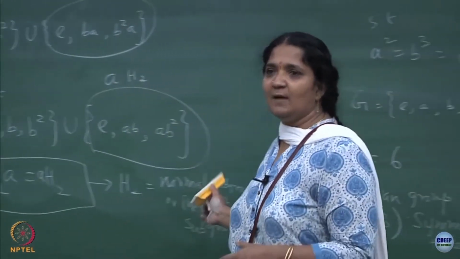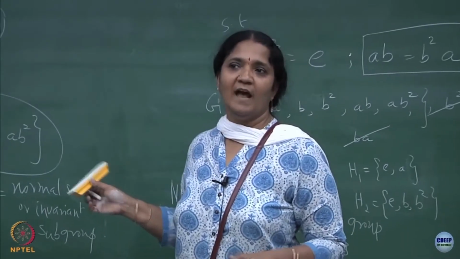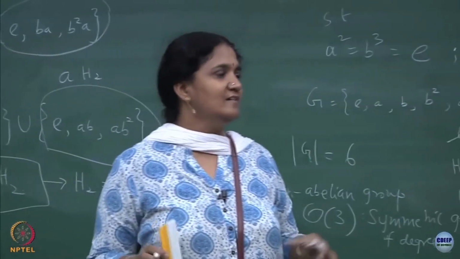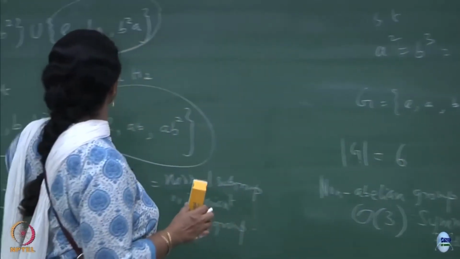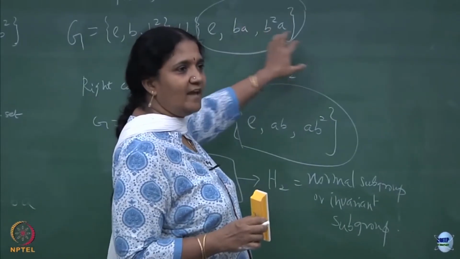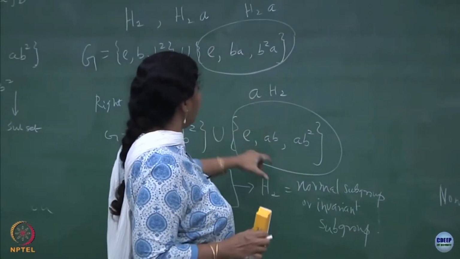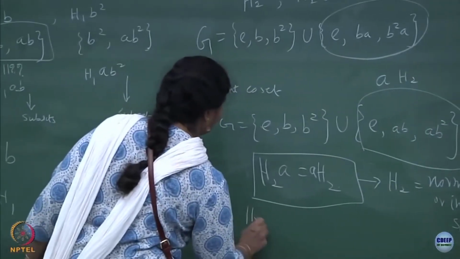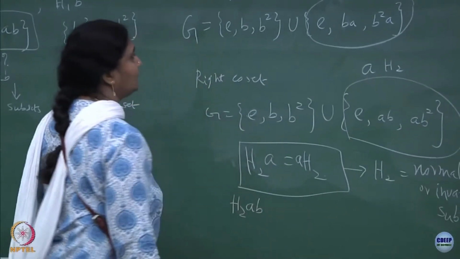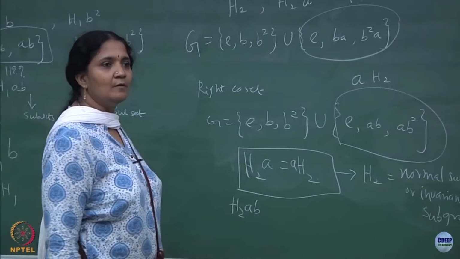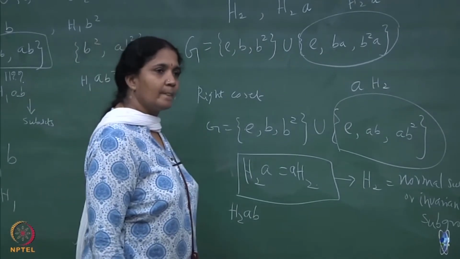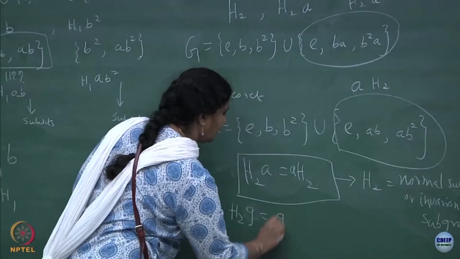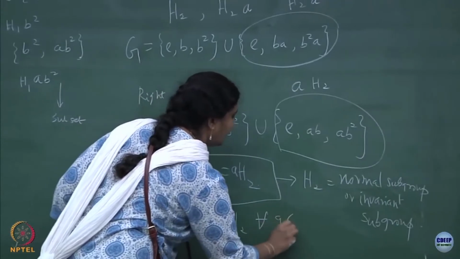And then I took another subgroup. In that subgroup, we do see that the left coset and right coset are actually giving you the same subsets, right. The order in the set may change, I do not care about the order in the set, but you get the same elements, okay. You can check that H2 with AB, is that the confusion you have? It is for all elements actually. You can say that H2G is same as GH2 for all G elements, that is true.